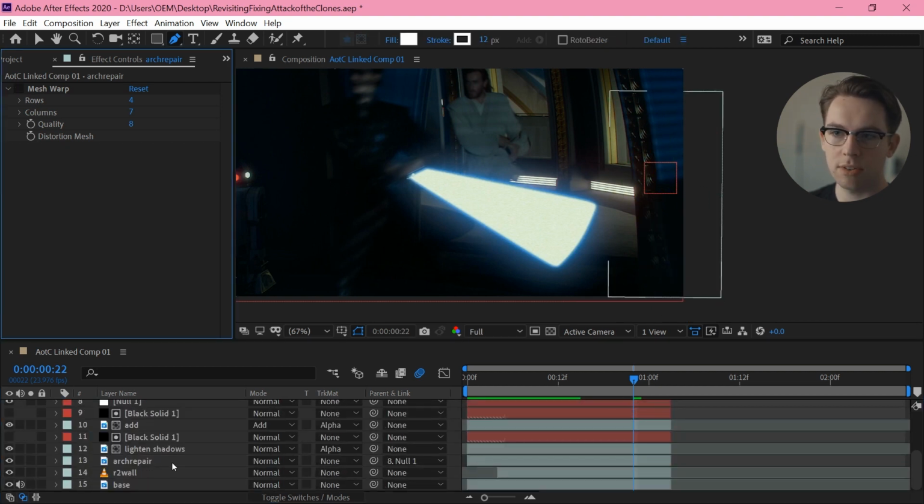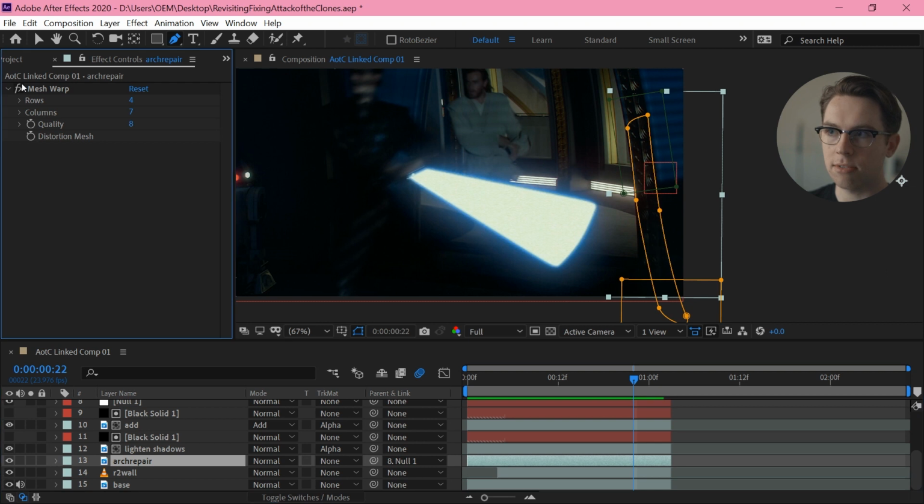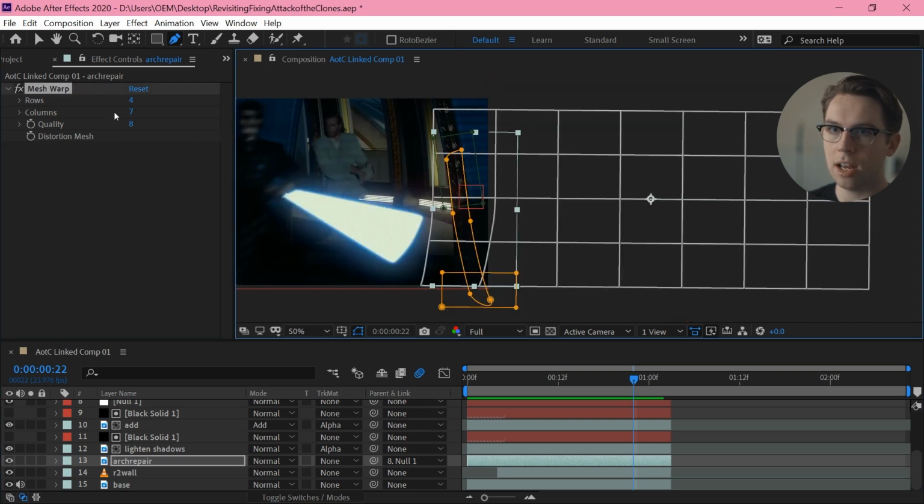But then, because it is just a flipped copy, it's actually going to be kicking out in this direction. So the last thing I've done is just a mesh wall, and I just added a bunch of columns until I got this sort of line that nicely sat around my arch, and just bended it back into place.